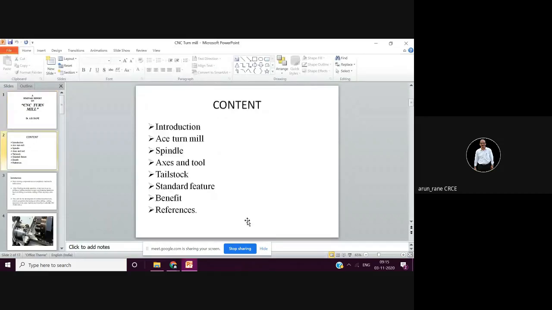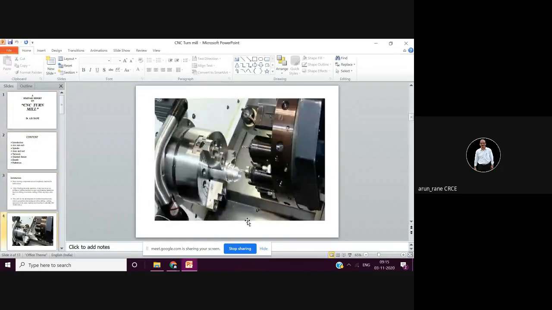This is how your CNC turn mill will look like. So this is like your normal lathe. You have a chuck, and this is your turret, in which you have milling cutters mounted, end mill. So what is the difference between normal CNC turn and CNC turn mill? Here these individual milling cutters can be rotated. That means you have a small motor for each and every cutter which is mounted on this turret, which is not the case in a CNC lathe.